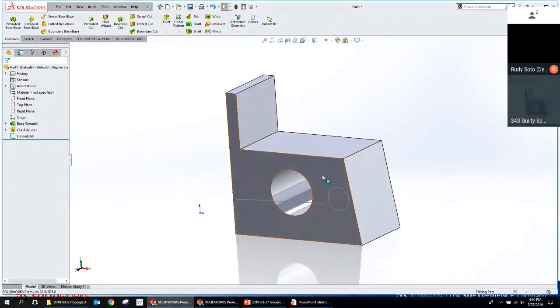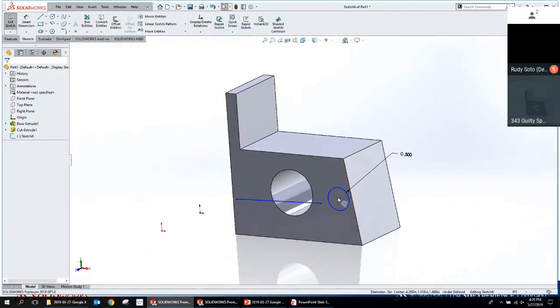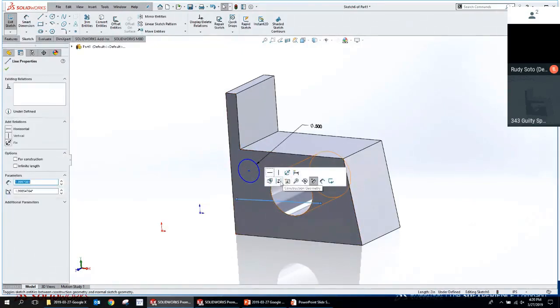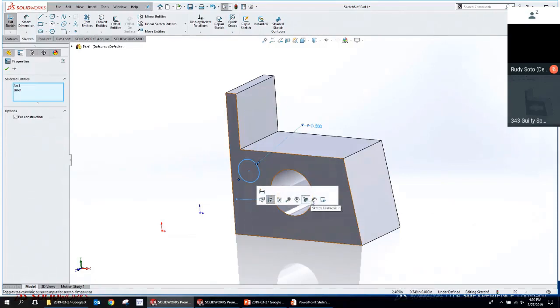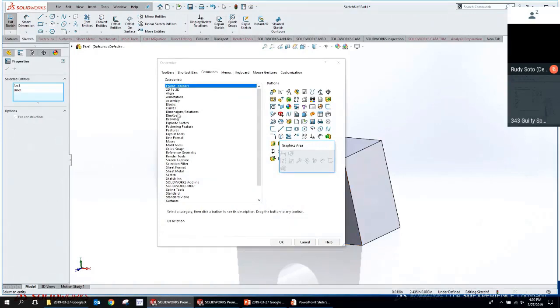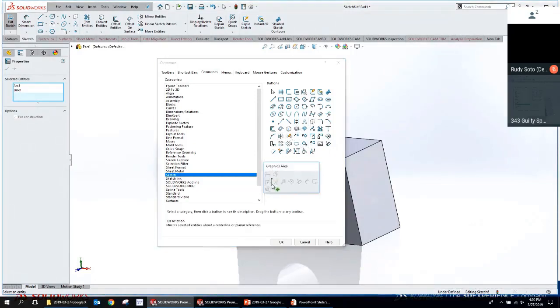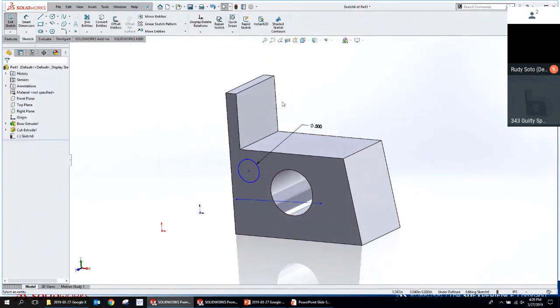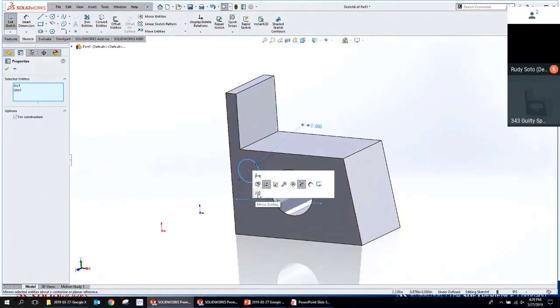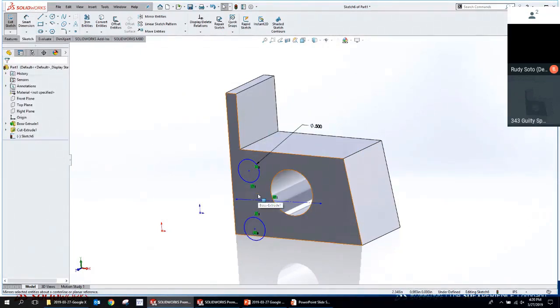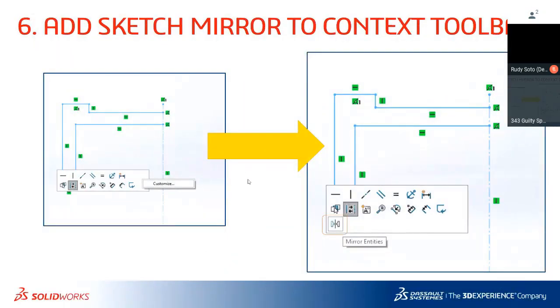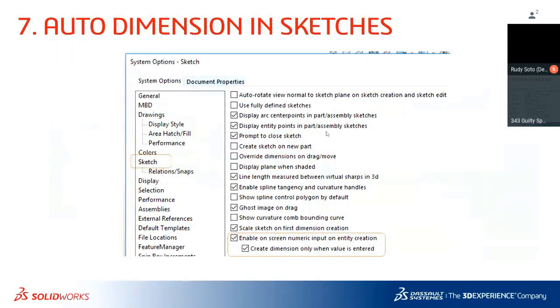Similarly, when you're in the regular context toolbar, so for example, if I make this construction and then I window select these, this little context bar shows up here, you can right mouse button and customize this as well. So one thing I always thought should be on there is the sketch command for sketch mirror. I don't know why it doesn't show up on there. I think it should. Well, I can just go in and add it on my own. So I'm going to add the sketch command for sketch mirror. So now whenever I do a crossing select over a center line, I can jump right into a mirror command. So it's just an example of how you can modify the software a little bit. I don't go crazy when I'm modifying the software. I just take a few minutes to modify it.